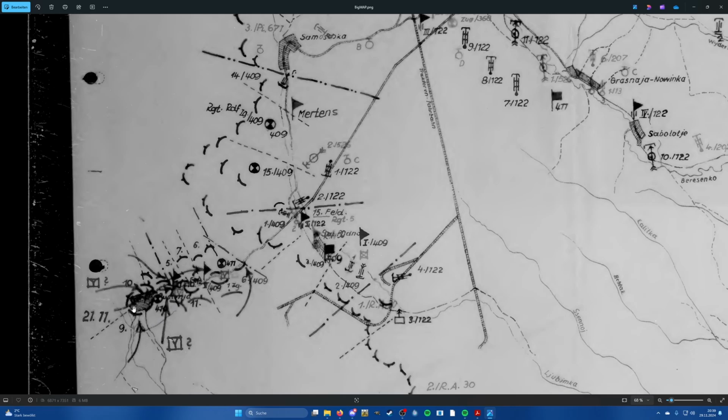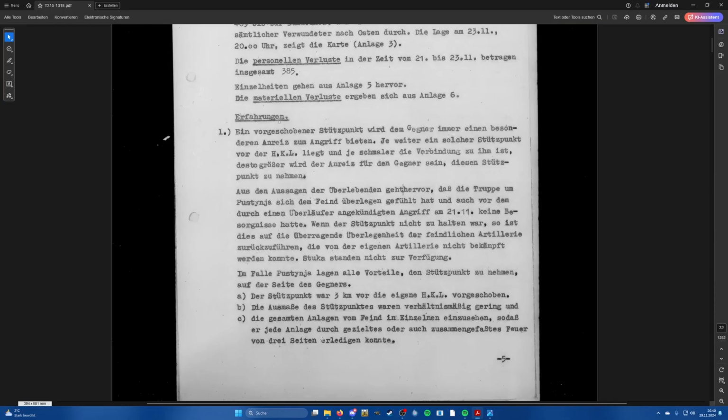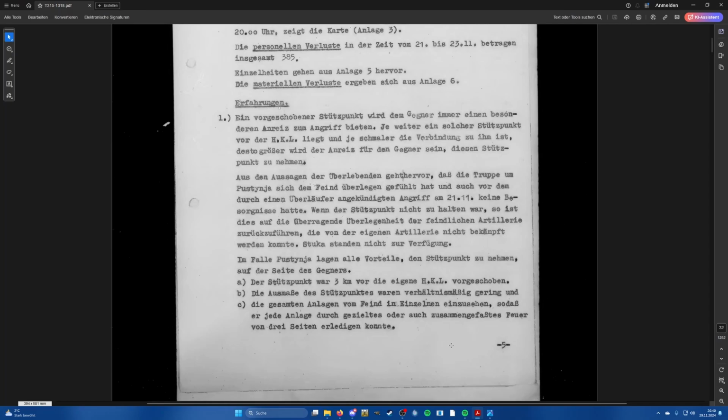So basically this outpost was not under the umbrella of German artillery fire, which made it basically impossible to hold at the end of the day. So the Russians could mass all the artillery they want and basically smother it in heavy fire. It also says here that all the fortifications could be looked at by the enemy from their positions. So he could completely pre-plan the artillery fire to knock out one firing position after the other in detail by